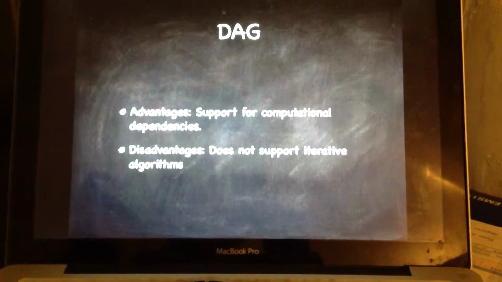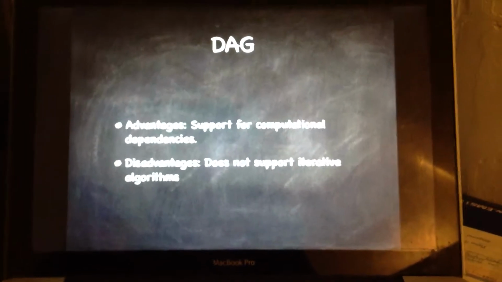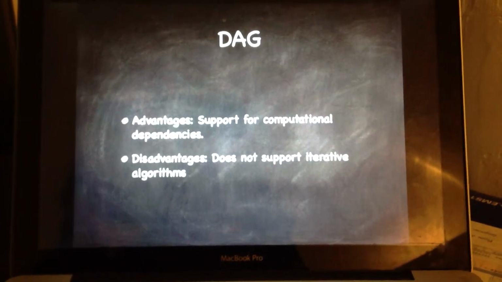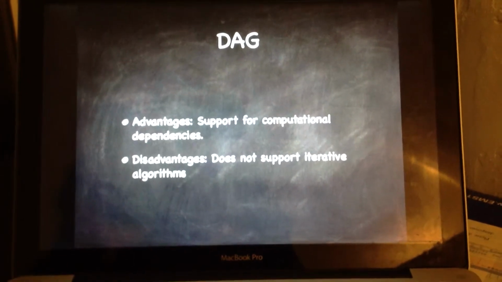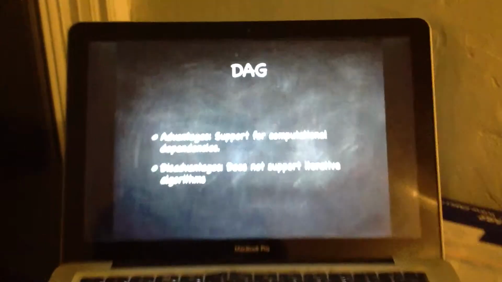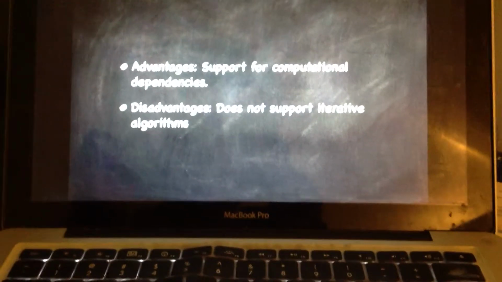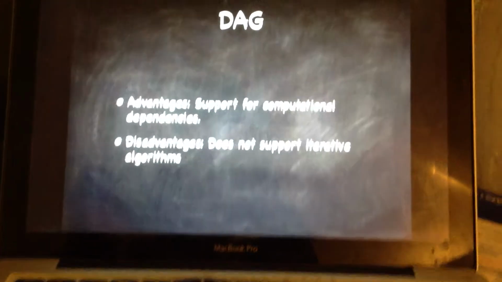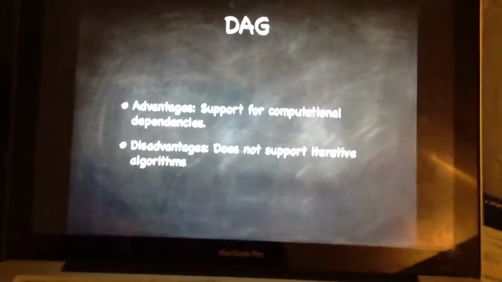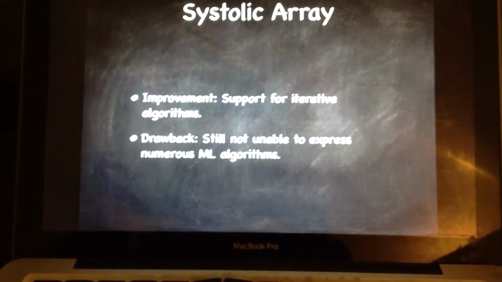Another abstraction is DAG, directed acyclic graph. It has some advantages, some improvement. It can support computational dependencies. But it does not support iterative algorithms, like MapReduce. So